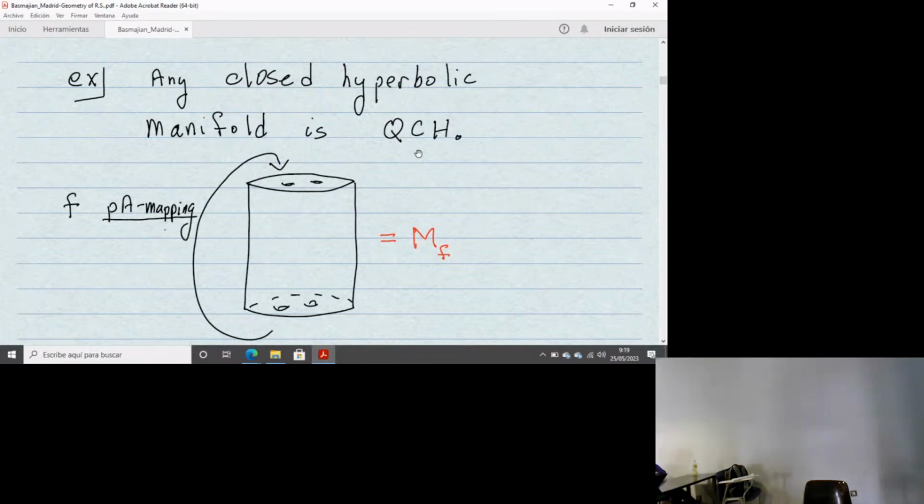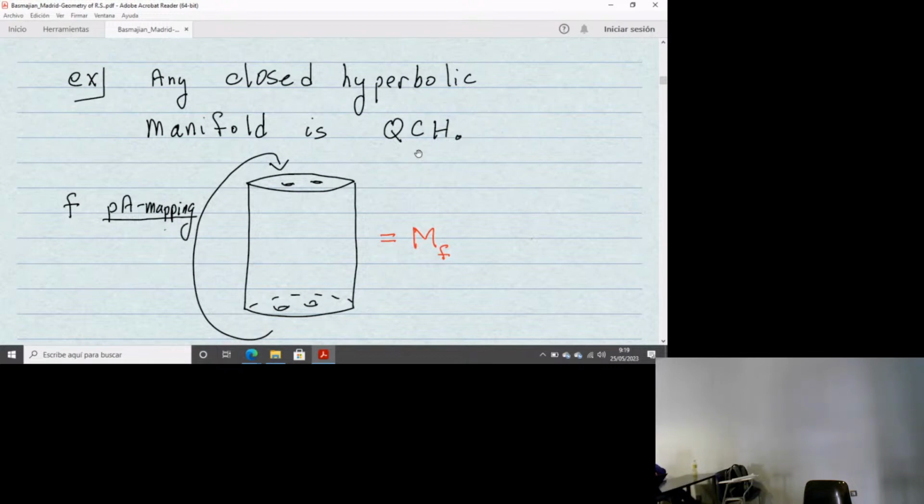Okay, so I didn't write it down, but the obvious one is H^N is QCH for K equals 1. Okay, but let's get a little more exotic. If you take any closed hyperbolic manifold, that's QCH, just from a compactness argument. But if you don't like that, you can say, given any 2 points, you take a path between those points, a minimizing path between those points,